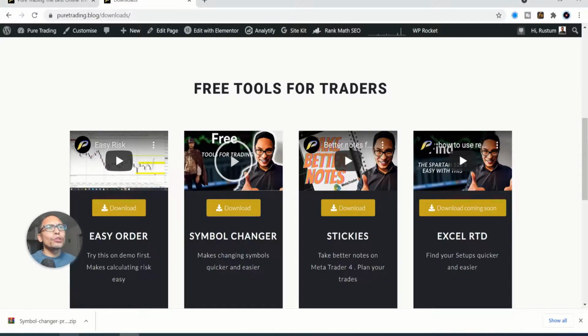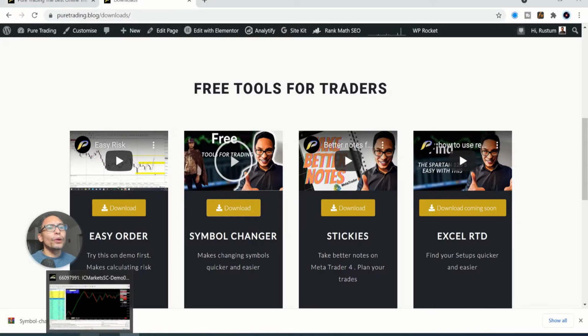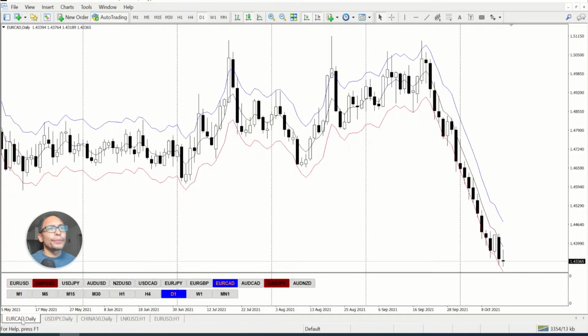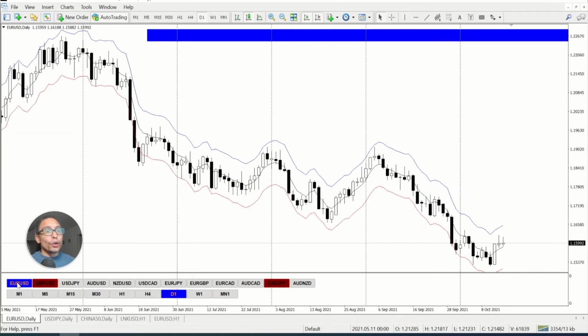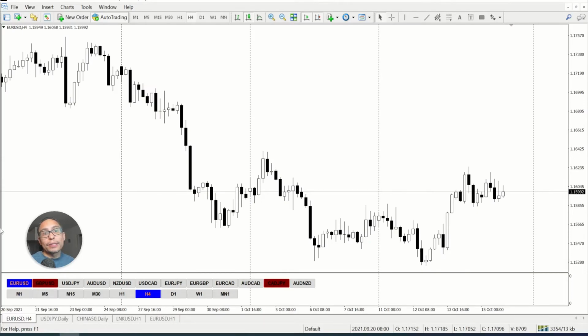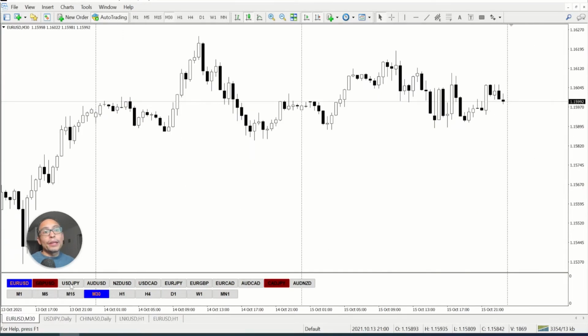Let me show you how it looks on my actual chart. So this is my chart with a template on this. This is my classic template. What we have here is the euro dollar on the daily. So everything in blue, that's what it is. On which chart am I at the moment? It's on the euro, and it's on the daily chart. I want to change it to the 4 hourly. So now it's euro dollar on the 4 hourly, then on the 30 minute,